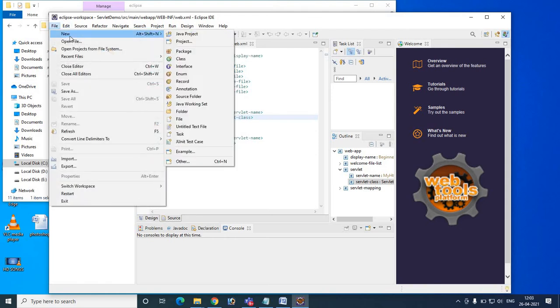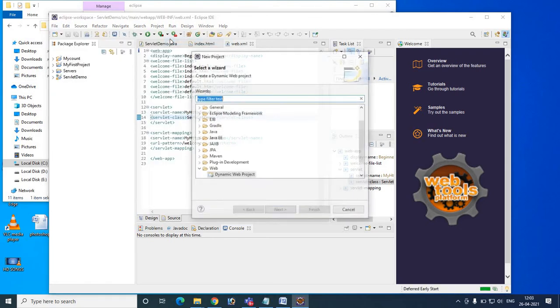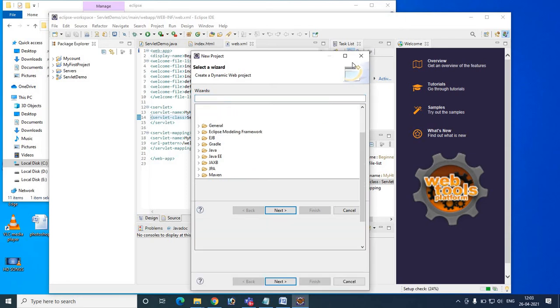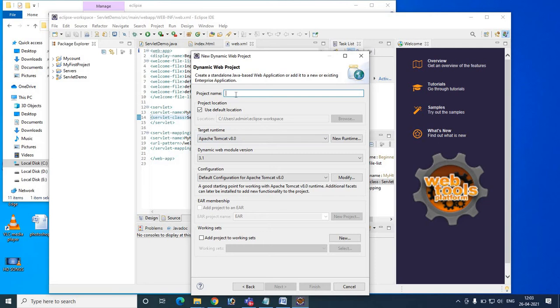File, New Project. In that New Project we have to choose Web, and in that Web we have to choose the Dynamic Web Project. Now we have to give the project name. Let us give it as my servlet demo.